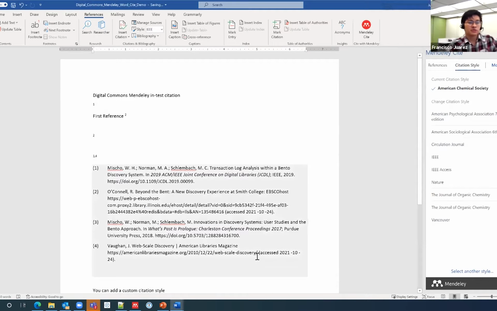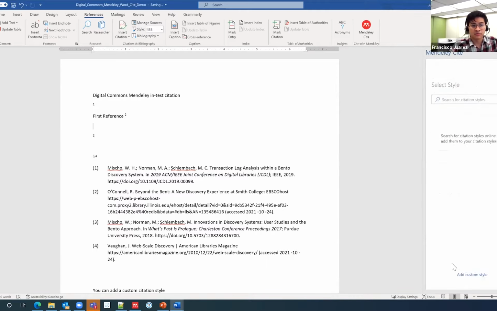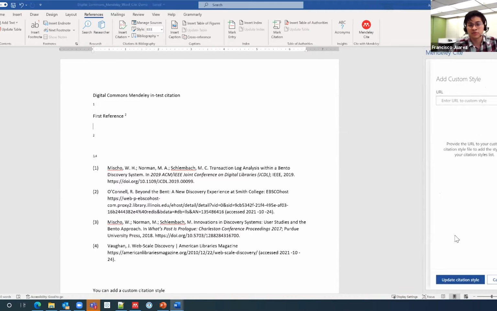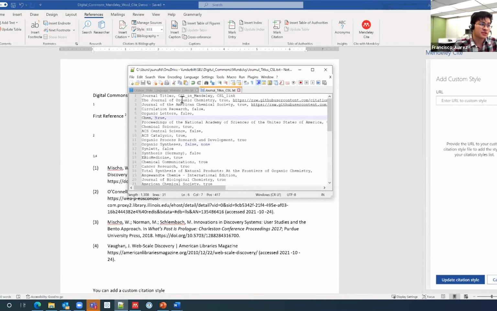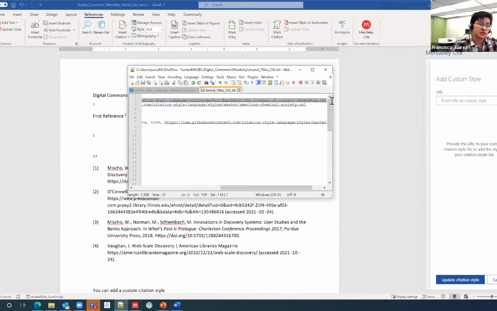But something else that's also pretty cool about citation managers in general is that if you're publishing in an obscure journal, you can also add your citation style. All you need to do for that is upload the URL with the actual citation style language. Give me a sec. These are some journal titles that I have here. There's an open source project going on right now, just in general, that